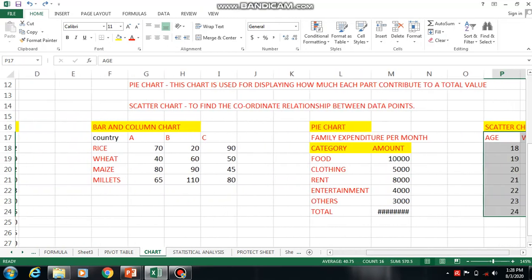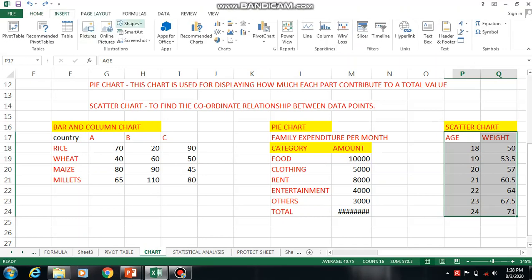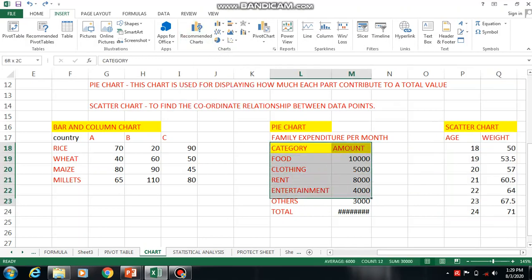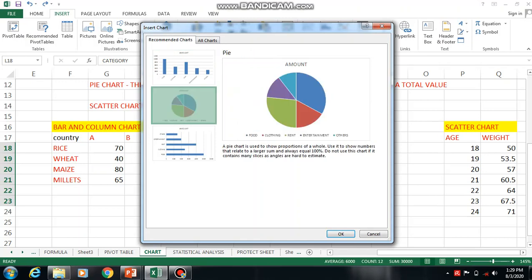Like the pivot table, there is also an option here called Recommended Charts. Excel has an automatic algorithm to recommend a chart. For example, I select this data and press Recommended Chart. It recommends either the bar chart or the pie chart.